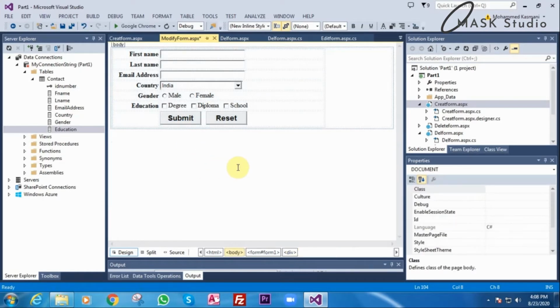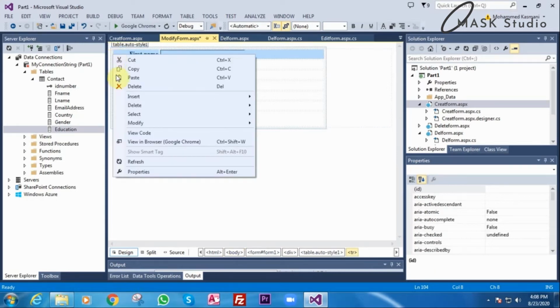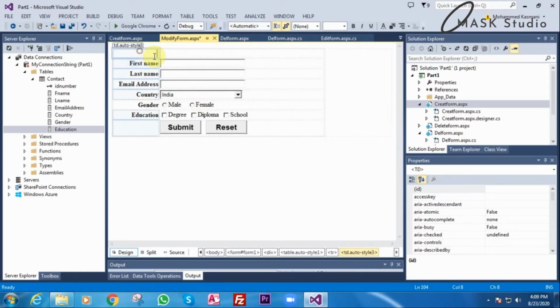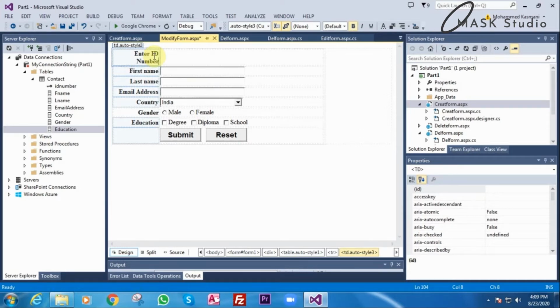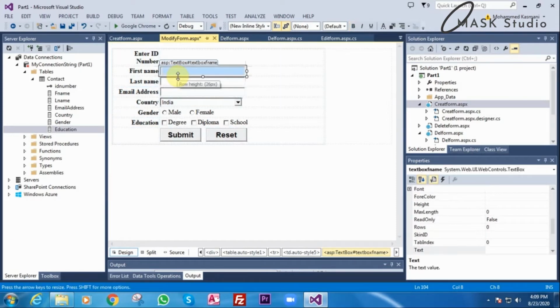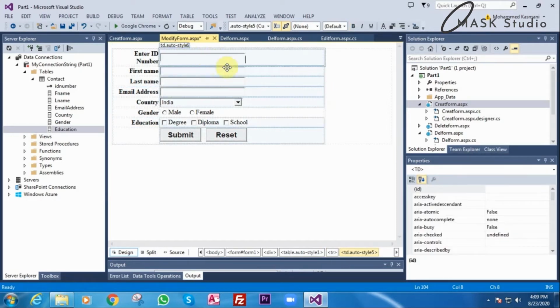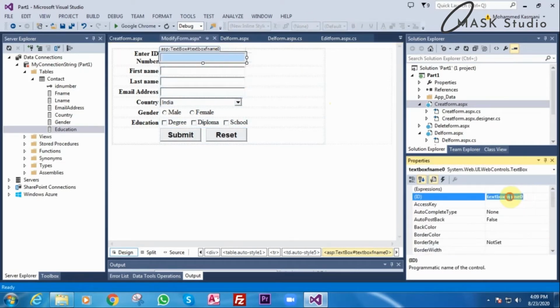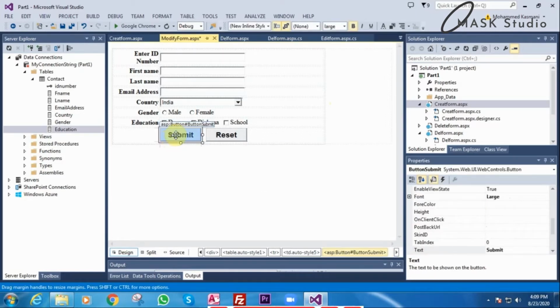Now we want to modify, so for that we need one more row. Right click, insert row above, enter ID number. We need a text box, we'll click here, we'll paste it here. We'll give the name text box ID. That is text box, we'll give the ID text box ID. Okay, here we will write down,